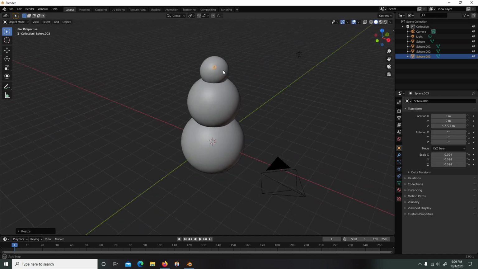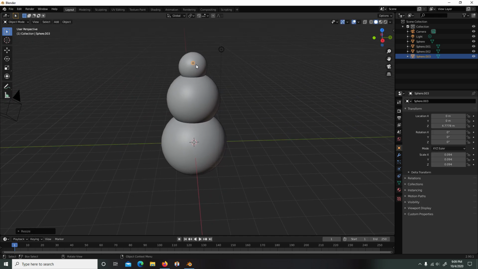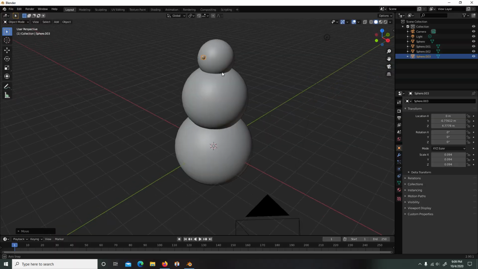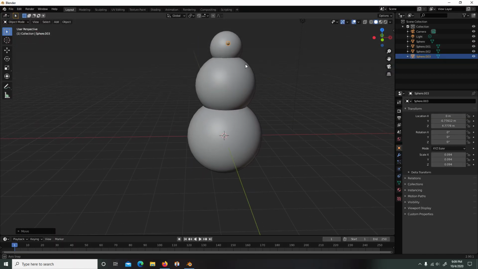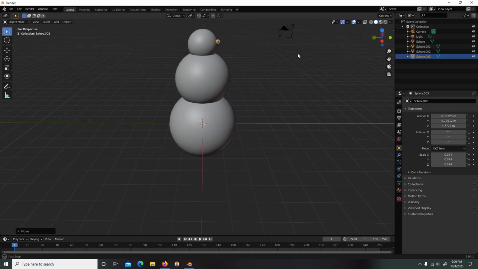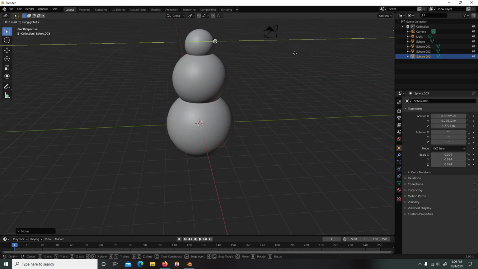I'm going to hold down the middle mouse wheel to move around, G, Y, so now I can bring it to the front of its face. Okay, yep, but now it's a Cyclops with one eye in the middle, so G X, move that to the side,